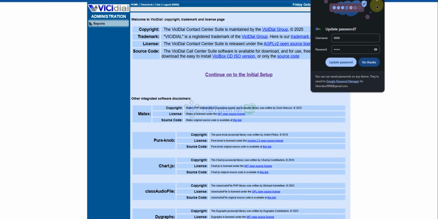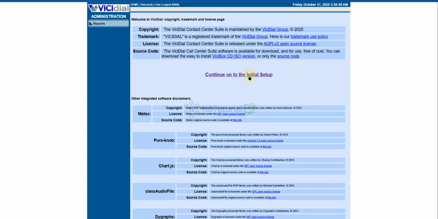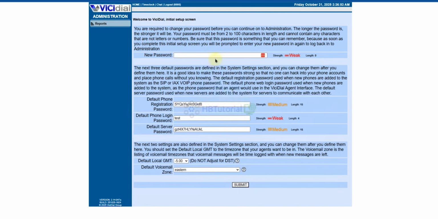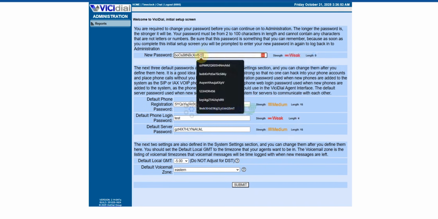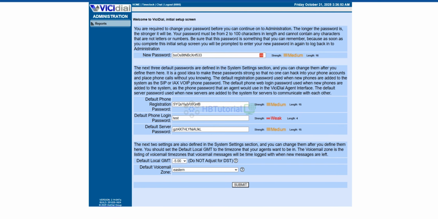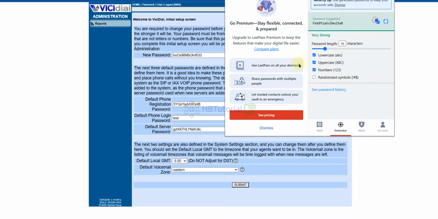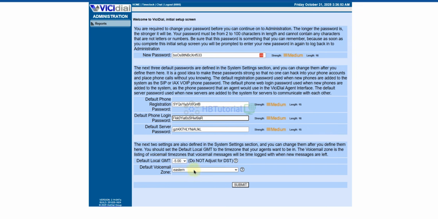Then you will be redirected here, so you can do the initial setup, initial password configuration. Okay, from your server local time and default voicemail time zone.